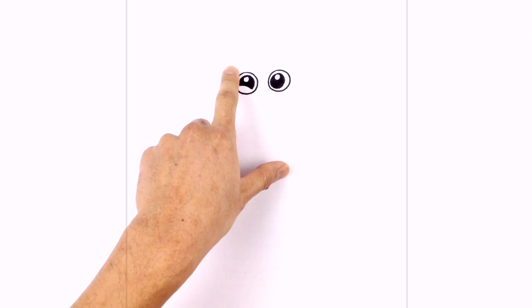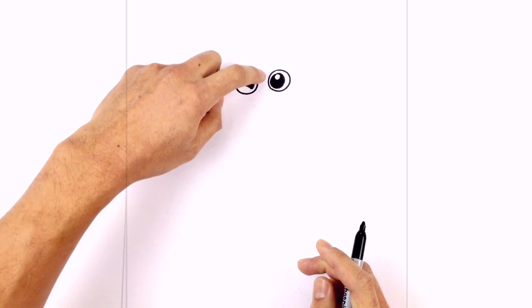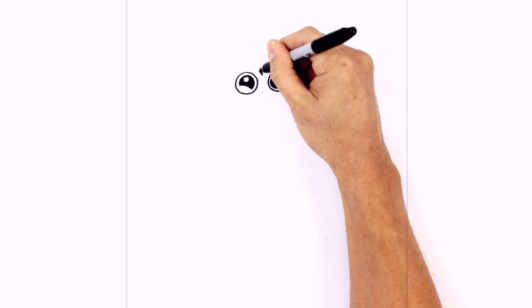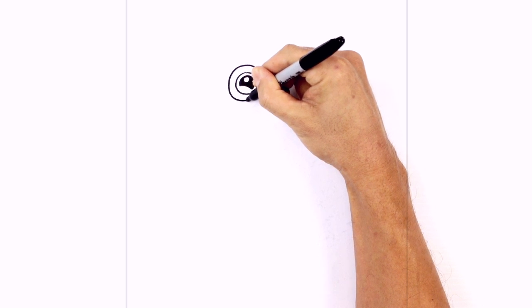From here I want to draw the outside edge of the goggle. So I'm going to start in the middle here at the top. I'm going to draw a little point. Now I just want to surround the inside part of the goggle going around like a circle. Starting in the middle, going around, just keeping an even distance gap all the way around until I get to